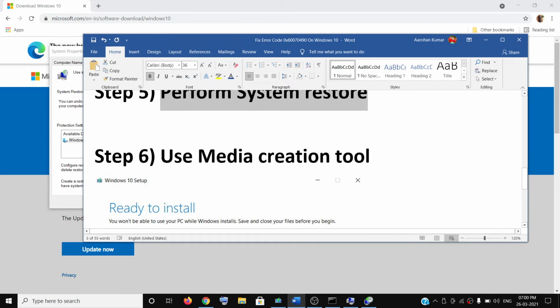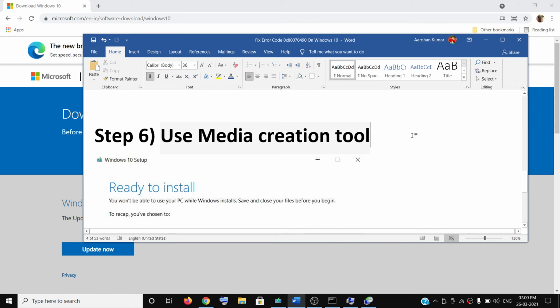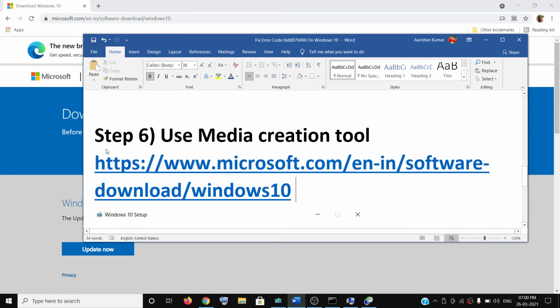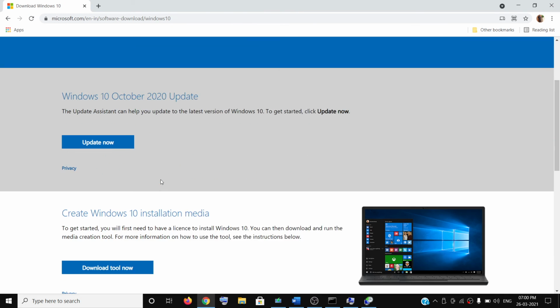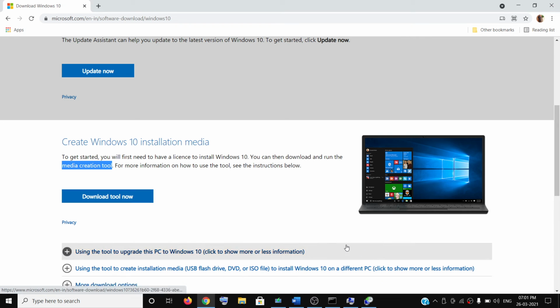Now if nothing is working, you can go ahead and use media creation tool to repair the Windows file. So you can go ahead and go to Microsoft website. So copy this link. The link is provided in the video description. So you can open this link in a browser and it will take you to Microsoft website. Scroll down and here you can see media creation tool. So click on download tool now, and once the download is complete, run the exe file